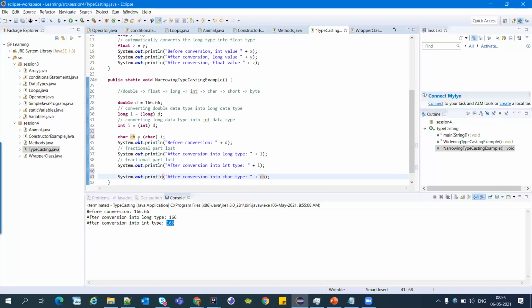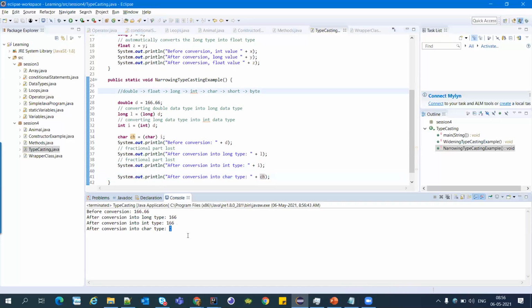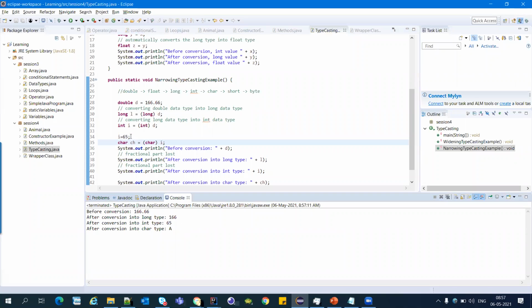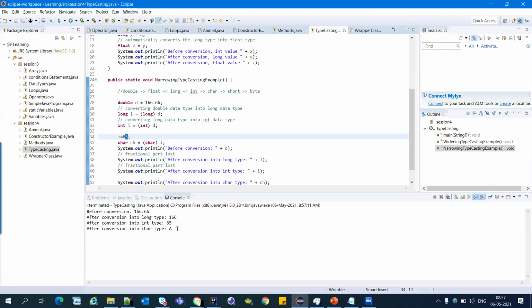We should convert this 166 into the character. So this is the character which has an ASCII value 166. If we want to try an actual character, we can have an int value 65. I guess 65 is the ASCII value of a character. That I know. It is printing the character. It is converting this int value into the character.